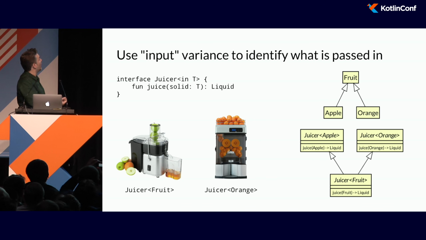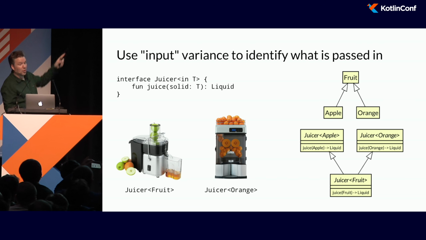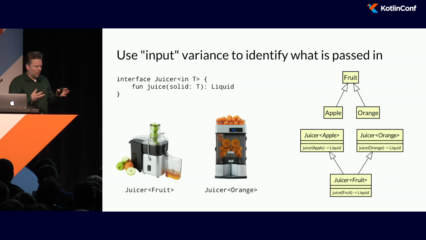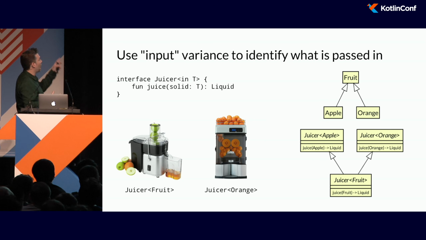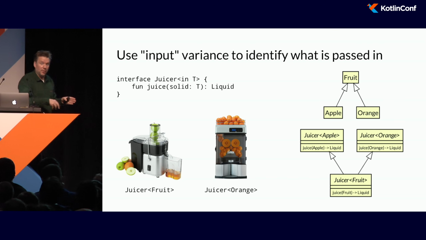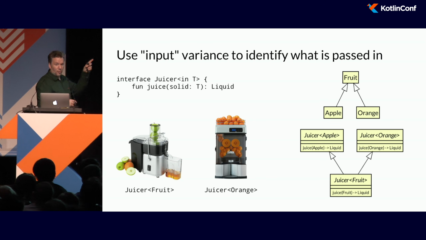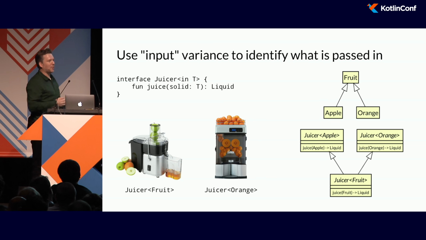Here's a juicer that I normally have in a juice bar. I've got a juicer of oranges, and I've got a lot of oranges. I can put oranges into my juicer of orange. If it breaks, I can use a juicer that can accept any kind of fruit and put my oranges into it. Right? I couldn't do it the other way around, because putting pineapples into a juicer of orange would jam the mechanism. Yeah, maybe it's a bit of a stretched metaphor.